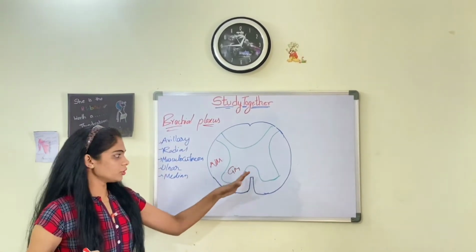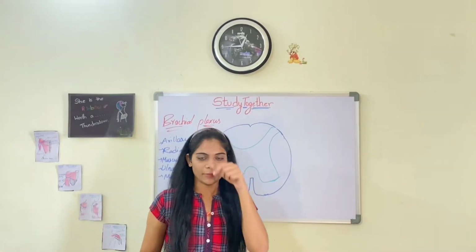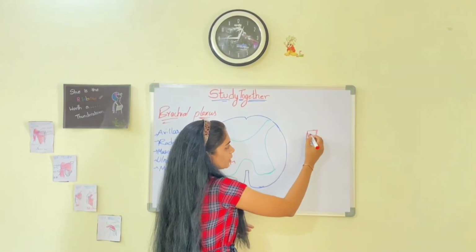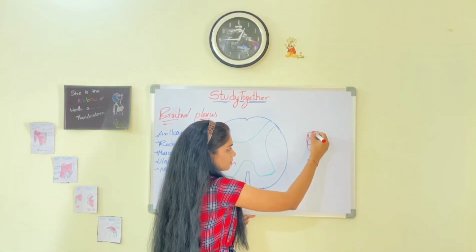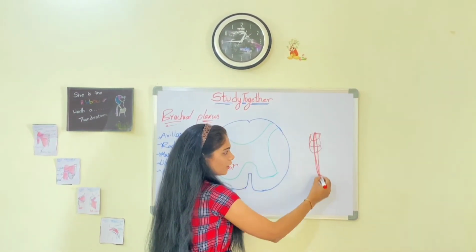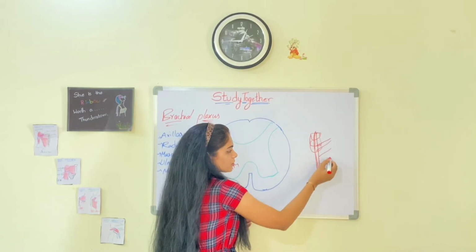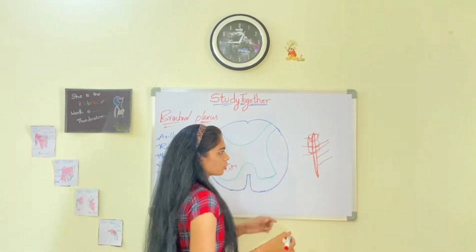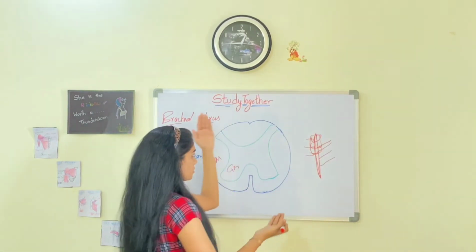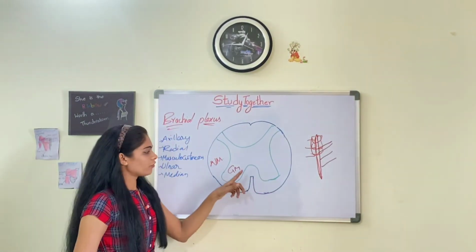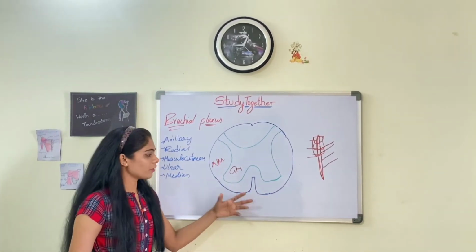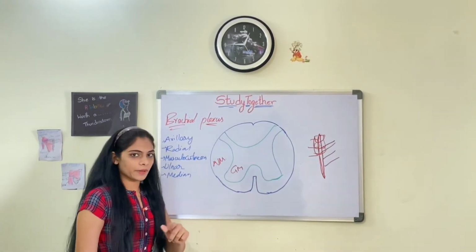Now, you know the spinal cord passes through your foramen magnum. This is your vertebrae. And from here your spinal cord passes where you have a foramen, and this spinal cord gives you branches for spinal nerves. So we have cut the spinal cord in this way and we are taking a cross section area of spinal cord. So now first let us understand how brachial plexus are formed. For that we need to understand the structure of spinal cord first.